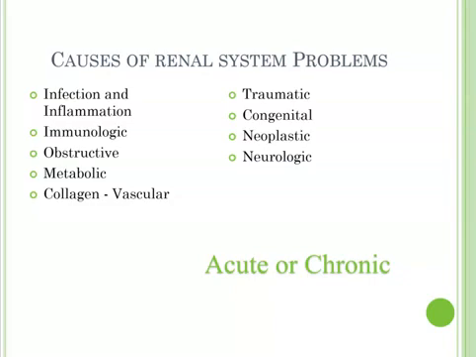Now, there are some immunological conditions that can occur as well. One, for example, would be lupus that really can be quite harmful to the kidneys. We're going to have another section where we take a look at obstructive conditions, which is where we're going to talk about BPH. We're also going to dig in a little bit to looking at kidney stones. You can have traumatic problems, congenital problems, cancers can cause problems, and the neurological problems can impact the urinary and